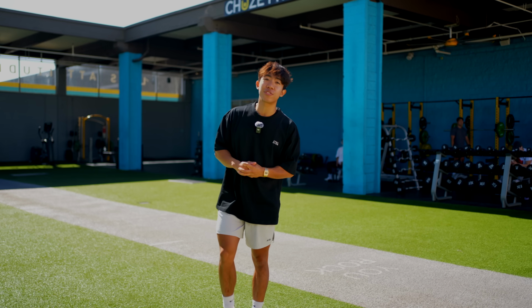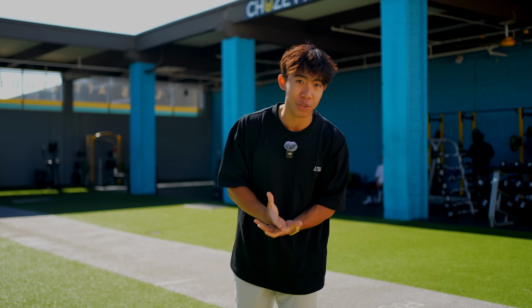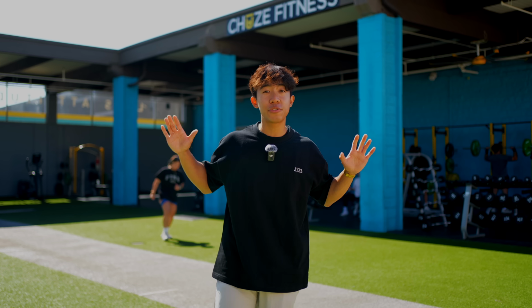Now, Arnold Schwarzenegger is one of the most iconic names in bodybuilding. So much so that he even has a workout split that he supposedly followed during his peak, named after him, known as the Arnold Split. Now, the Arnold Split is followed by millions of lifters around the world, but is it actually optimized for building